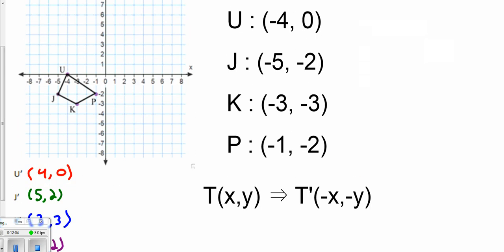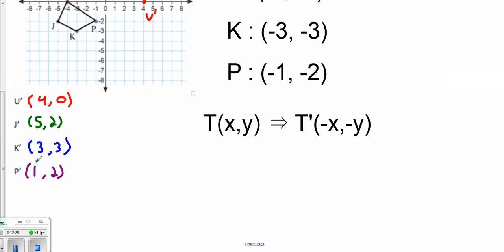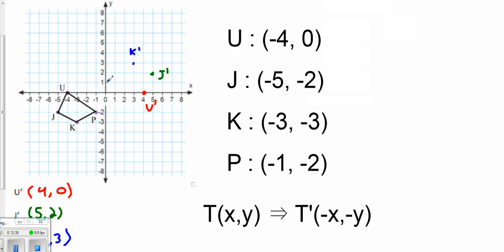Now we can just plot them out. So U would be at 4, 0 right here, or should I say U prime will be right here. J prime will be at 5, 2. K prime will be at 3, 3. So 3 and 3. And P prime will be at 1, 2. Oops, hard to see that P. There we go. Now if we just connect all of these,